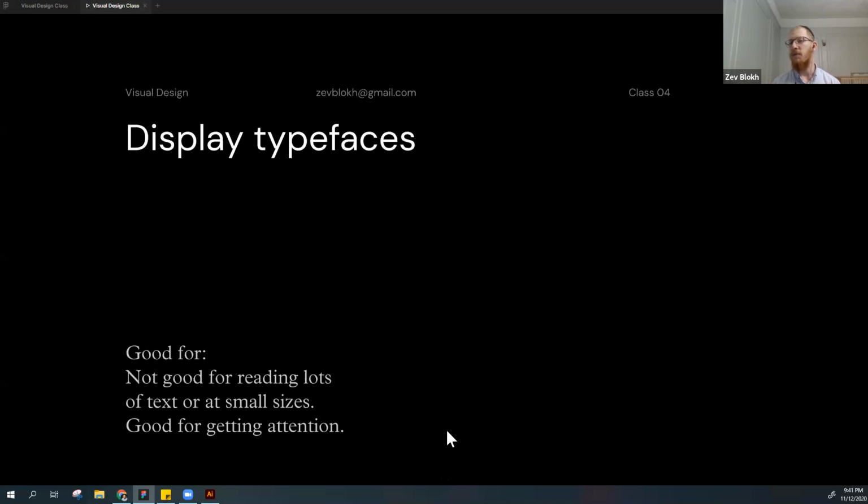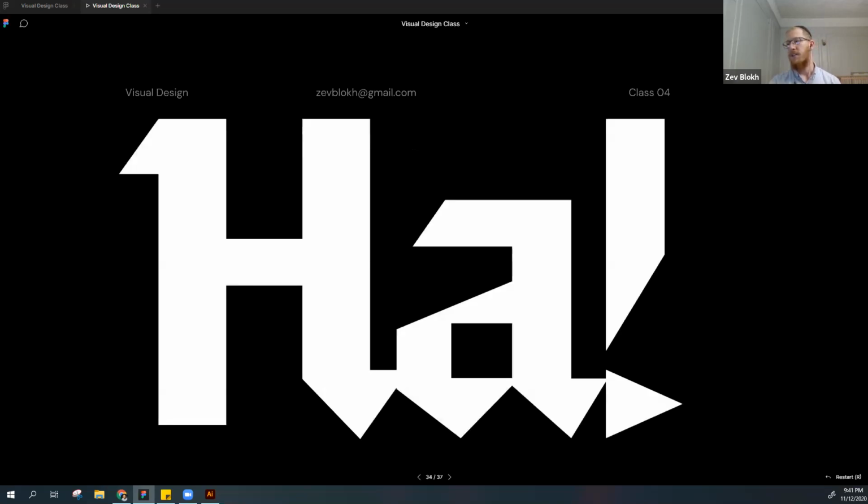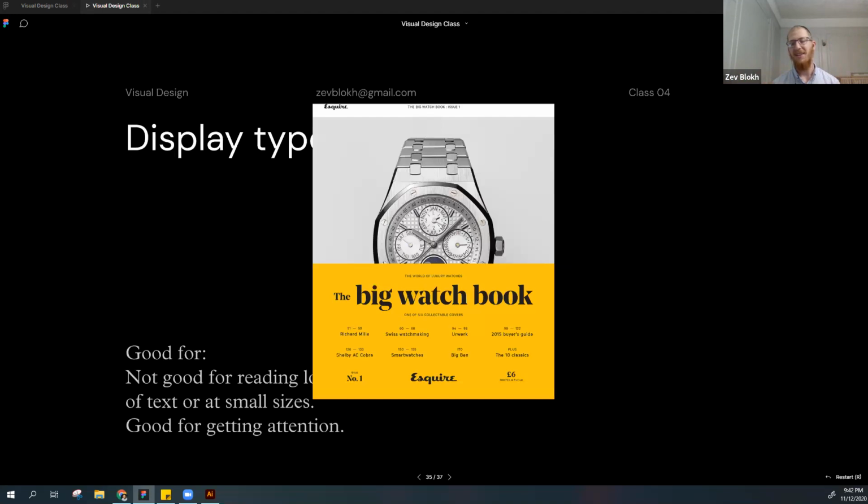Is this really meant to be used to design this book? Or maybe it's just meant to be used as the title or the headline of a flyer or a poster, right? So this is an example, a very angular, kind of interesting geometric typeface. Could we imagine reading a book set in this? No, right? It's only meant to make a statement once and then call attention to the rest of the